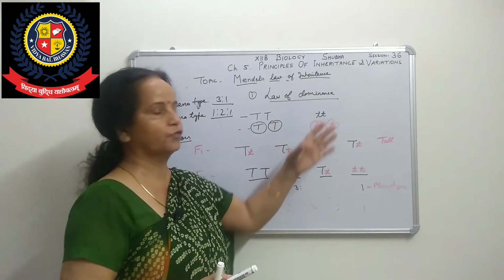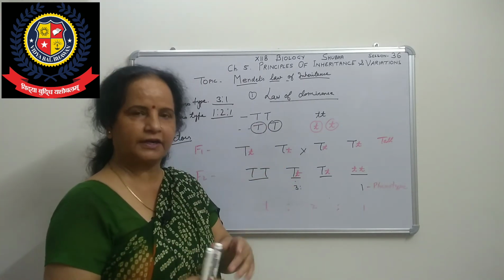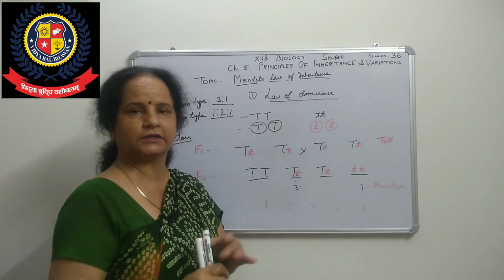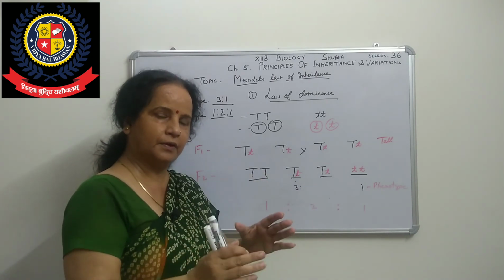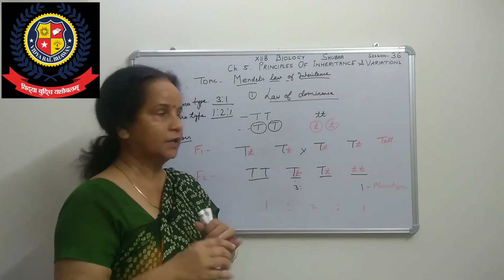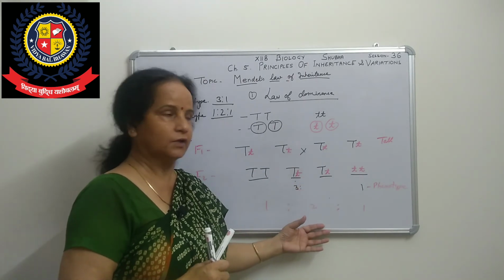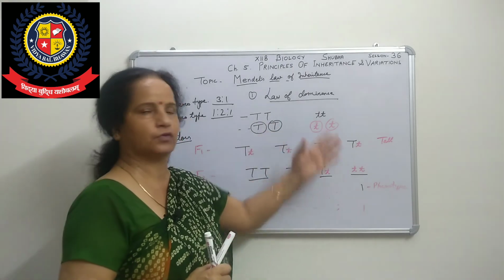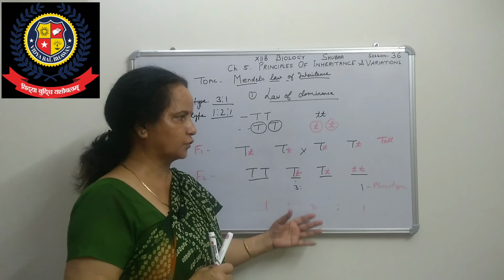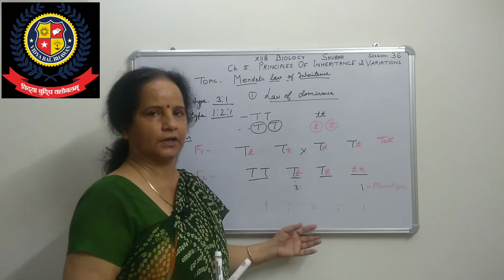So in Mendel's law of dominance, what is that? All traits are controlled by factors, and those factors occur in pairs, and in a dissimilar pair or heterozygous, one will be dominant over the other. Okay, and the test cross is also very important. Then the genotype and phenotype ratios are also there. In the next class you will see the next law. Is that clear? Just go through that chapter topic, and if you are not getting it, then you can ask again. So, okay.